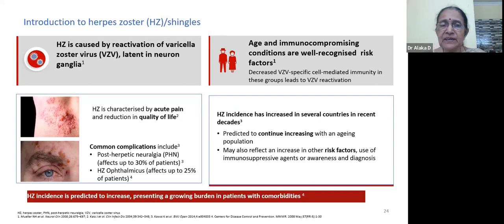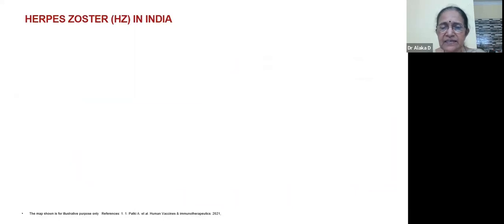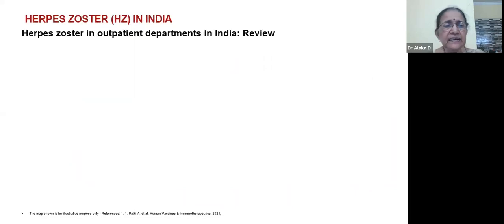And therefore, remember, all this aging population is vulnerable to this herpes zoster. Just 2 days back, I read that among diabetics in Korea, herpes zoster is in the epidemic form. And therefore, we have to protect all these people because now the vaccine is available. And this vaccine has been recently